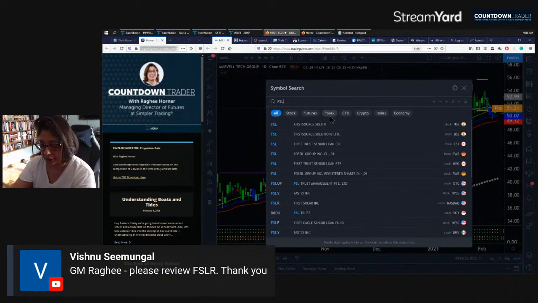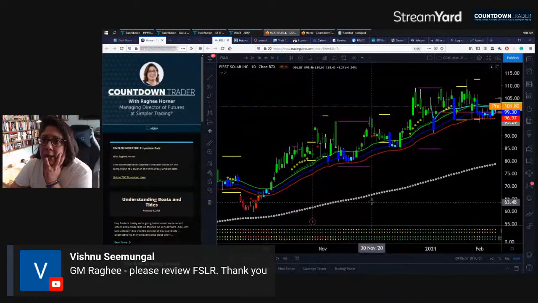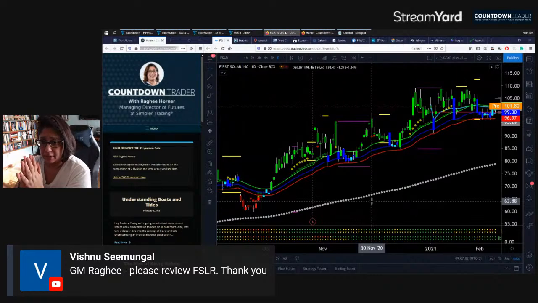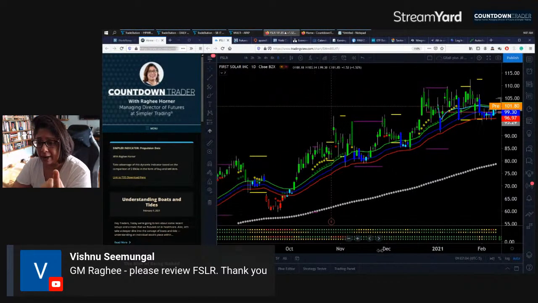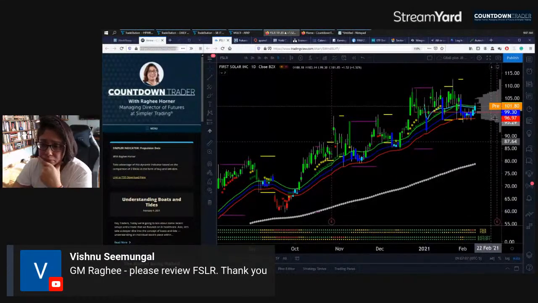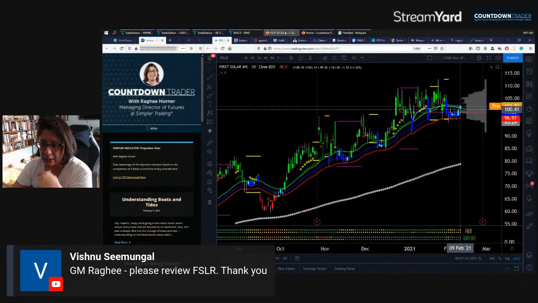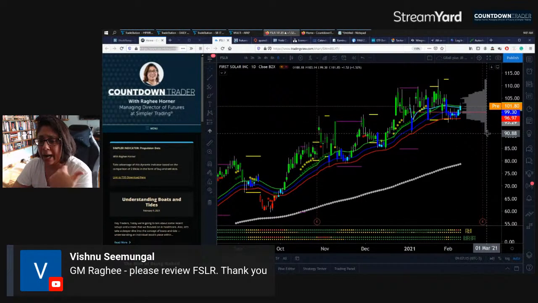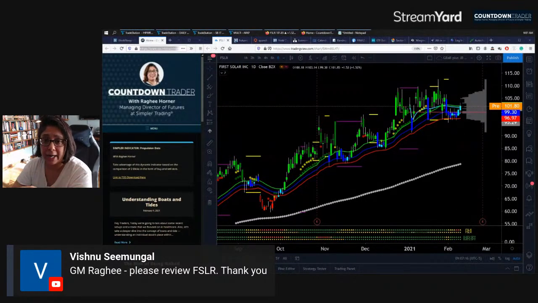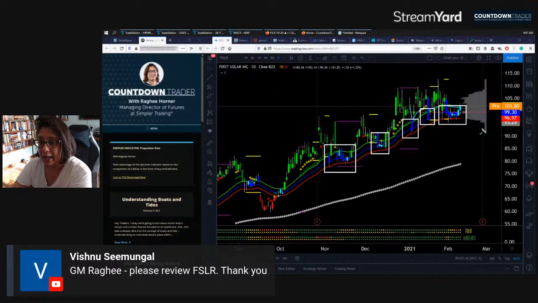FSLR. Sure. So First Solar. Vishnu, I like First Solar in terms of the likelihood that it's going to continue to move higher. It's really at the moment compressed. So we're likely looking at a bit of a potential momentum breakout. But I already have a pretty good idea from previous pullbacks how this thing behaves. And it's not in any way surprising that we pressured the wave and that we printed these blue grab candles and that the markets have compressed.